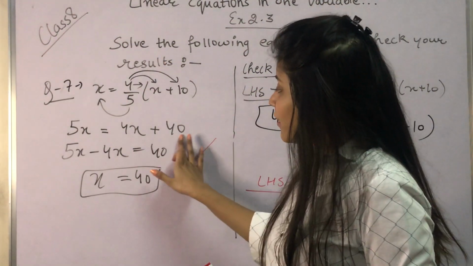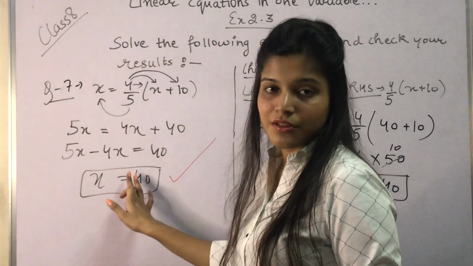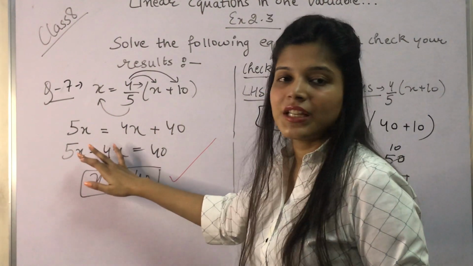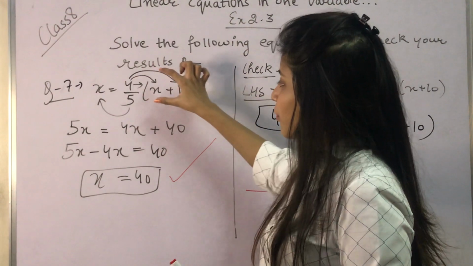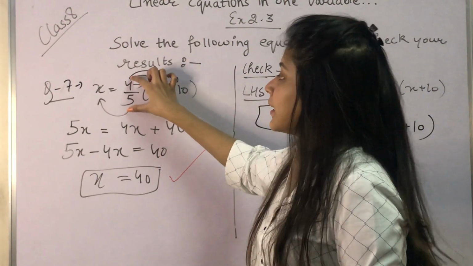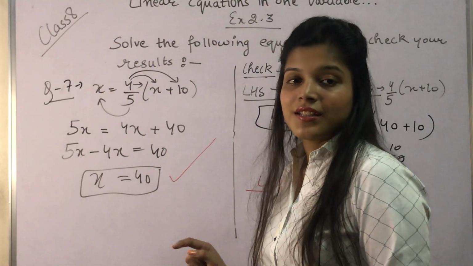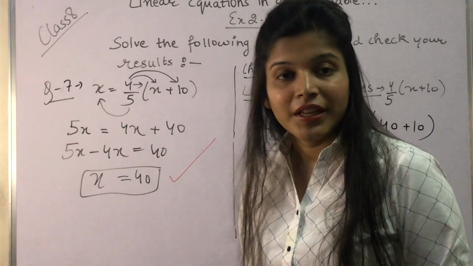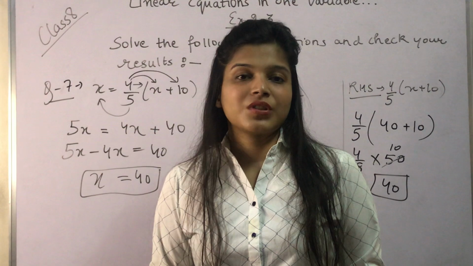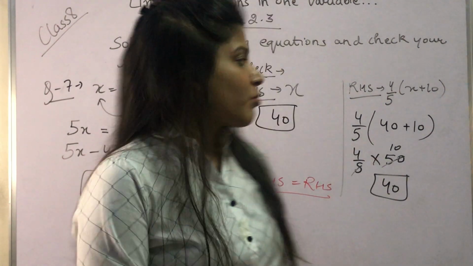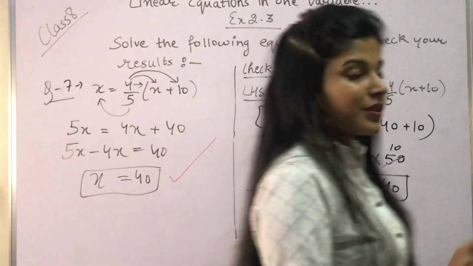क्योंकि हमने easy बना लिया इस question को. fraction में कुछ भी नहीं रहा. और अगर हम पूरा 4/5 x से मल्टीप्लाई करते, देन 4/5 10 से मल्टीप्लाई करते तो फ्रैक्शन में आता. ठीक है? सो वी हैव टू ऑब्जर्व द इक्वेशन एंड देन ट्रांसपोज द टर्म्स. ऑलराइट, सो दिस वाज आवर क्वेश्चन नंबर 7.